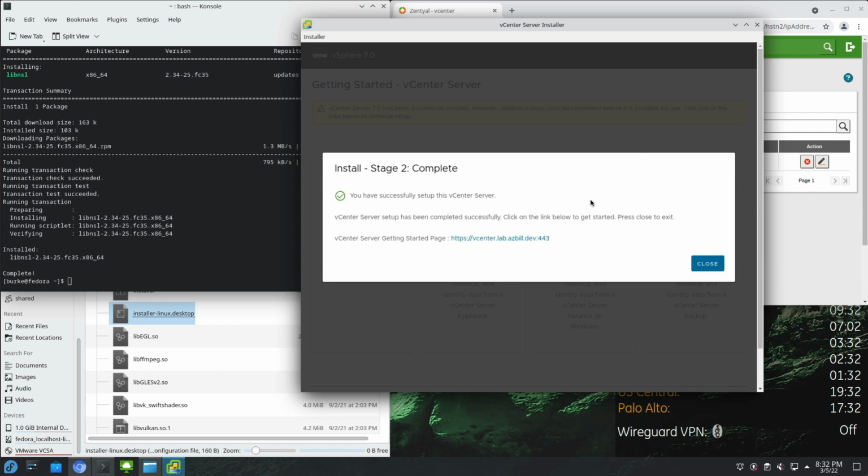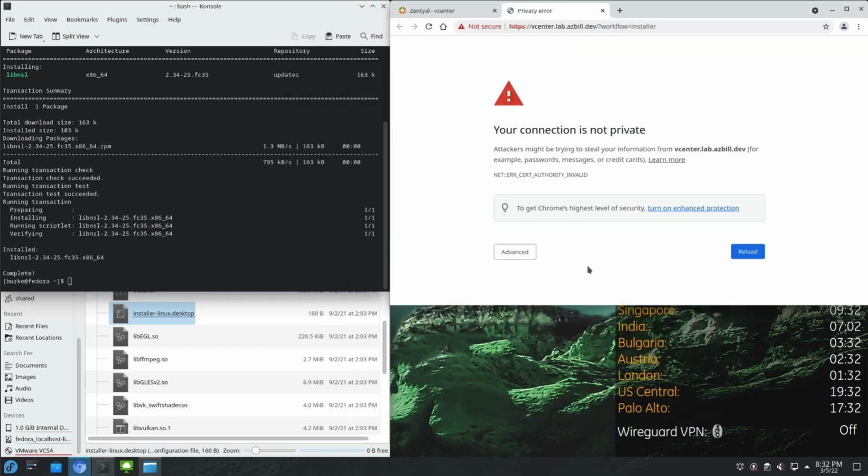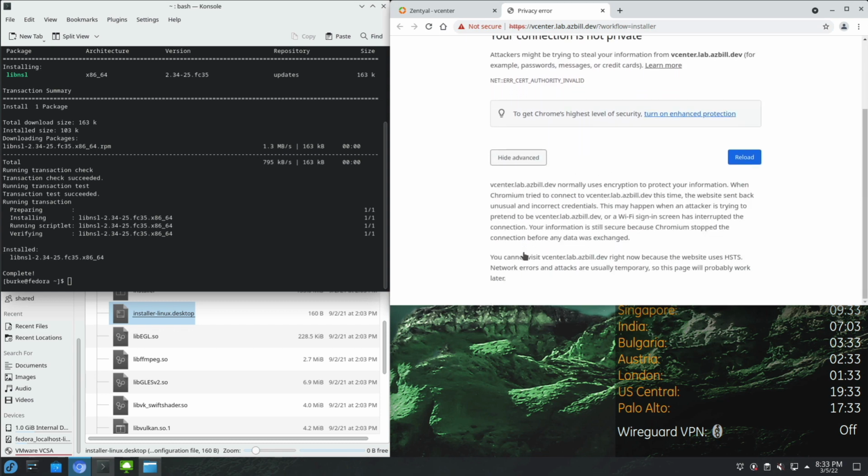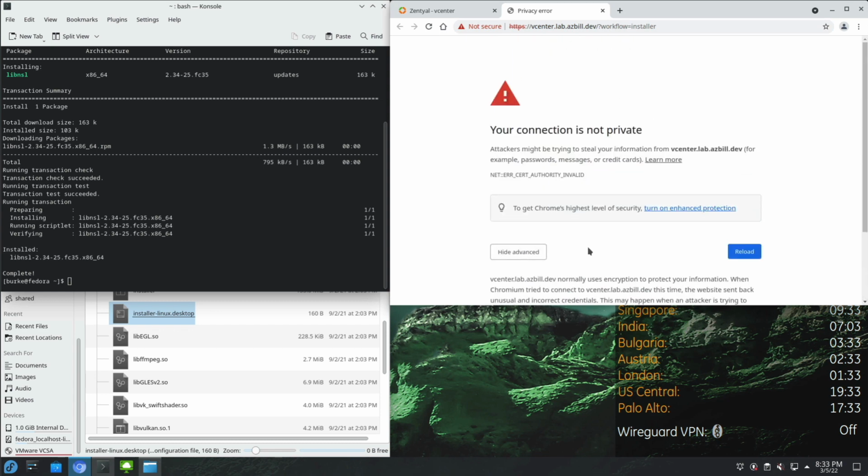Okay, it looks like the server is ready. I'll go ahead and just click the link there. It is using a self-signed certificate because the vCenter server is its own certificate authority, and it will run a CA service so that as you join your ESXi host to the vCenter, it will issue and maintain the SSL certificates for those hosts. So let's go ahead and get past the warning here. And once again, we will type, "This is unsafe."